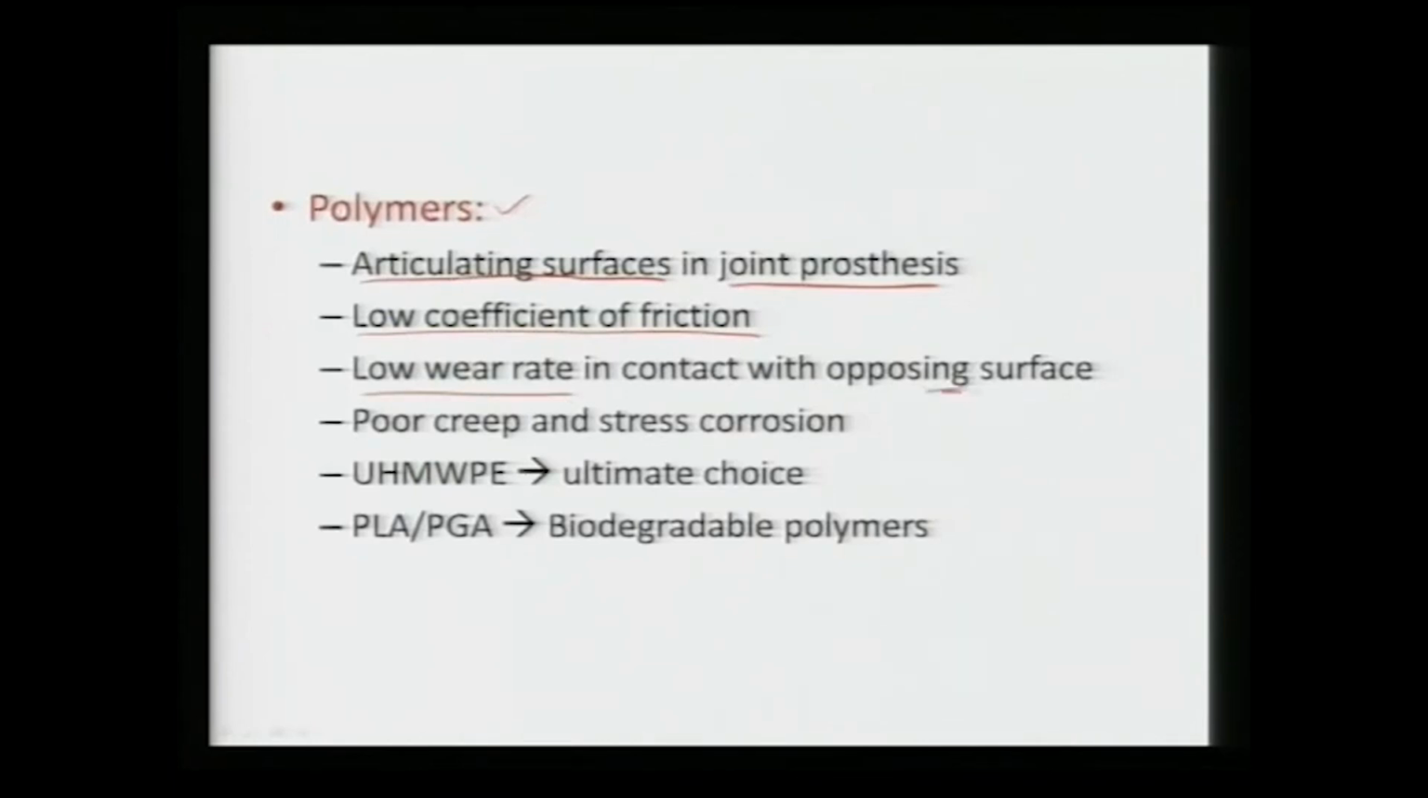At the same time, they need to have very high strength as well as good corrosion resistance, but they tend to show very poor creep because they have poor strength and a lower melting point, so they show poor creep resistance, and they show very low resistance to stress corrosion. So that is the basic problem with polymers, but eventually ultra high molecular weight polyethylene has emerged as the ultimate choice. Also there are certain degradable polymers such as polylactic acid and polyglycolic acid, which have emerged as biodegradable polymers, in cases where we require a local or very short term strengthening for certain things such as